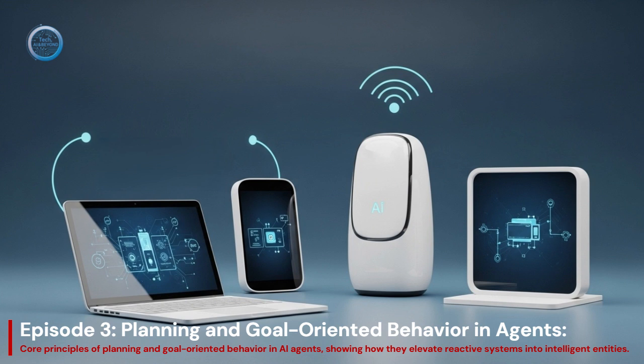It's that deliberate process of figuring out, okay, here's where I am, here's where I want to be. How do I string actions together to get there? It's like the cognitive bridge, connecting the what I want with the how I get it. That's a great way to put it. A cognitive bridge. Perfect. It really marks that shift towards something more like intelligence. Right. And to help us cross that bridge today, we've got a clear roadmap laid out. We're going to tackle a series of specific questions, taking us from the basics all the way through to more advanced ideas and real-world stuff.